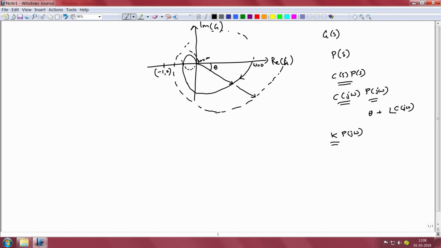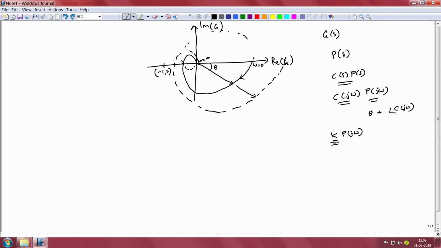The question now is how much of scaling is permissible. I want to remind you that as control engineers who are interested in achieving good performance in terms of disturbance rejection or robustness to plant parameter variations, we want our controller gain to be very high. But then there is this concern that if the controller gain is very high, our closed loop system might become unstable. Therefore, a legitimate question to ask is, if we were to simply go with a proportional controller, what is the best we can do in terms of increasing the gain of that controller?